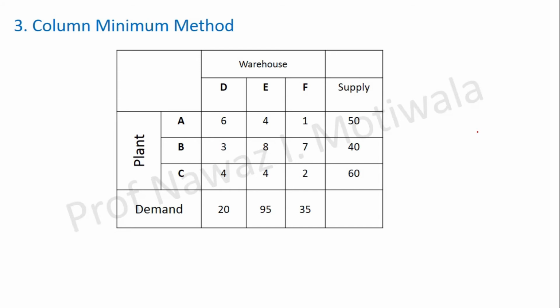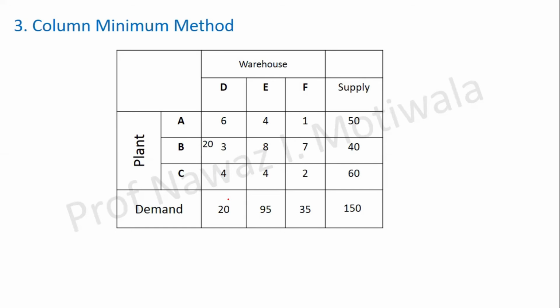First step, to check whether supply and demand are equal. So yes, it is equal. We have already checked. Then now we have to go for column wise. That means first we have to see the first column, and in the first column what is minimum. So can you tell me where should I allot first? 3. Yes, the first allotment will be done at 3 because it is in the first column and it is the minimum number. And how much will be allotted? From 20 and 40, the minimum number is 20, hence 20 will be allotted here.